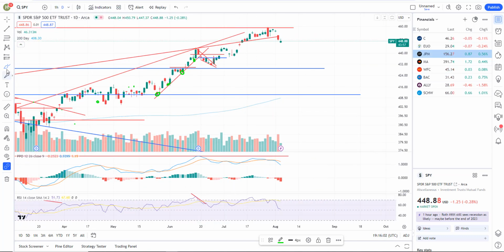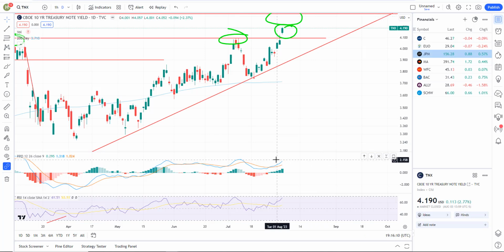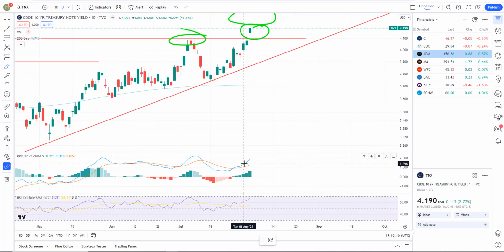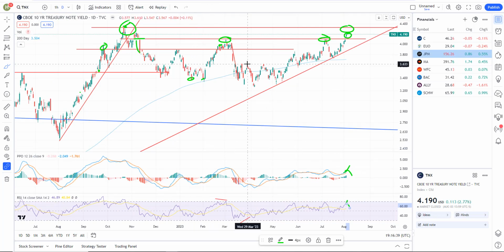On the market, we have negative divergence. All right, here's the SPY. There's negative divergence right there. So the divergence is indicating that we are likely going to see the markets come down. Now, on the interest rates back here, this is a divergent high, but everything's pointed straight up, and just a little higher, and we won't have that divergence. So there's no confirmation on that divergence. To see confirmation, you'd want to see the PPO start to turn down and the RSI turn down and put in lower peaks, all right, lower highs. We don't have that. So as of right now, interest rates are breaking out to the upside, which should put pressure on the market.